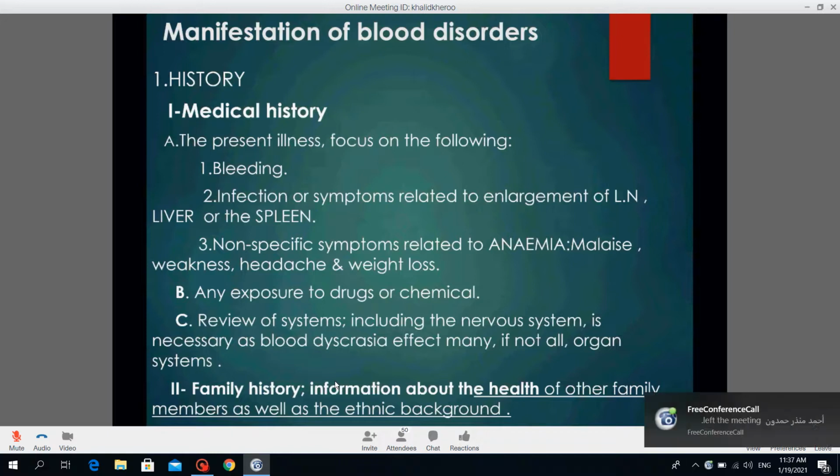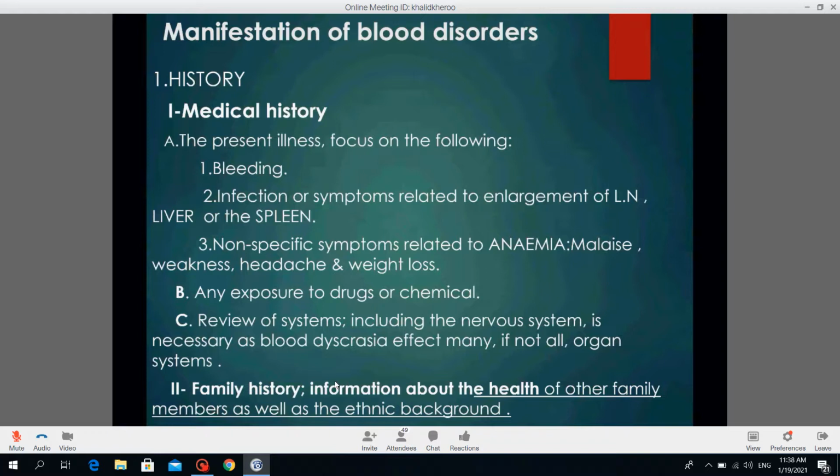This results in what is called subacute combined degeneration of the cord. So the nervous system, along with other systems, should be covered in the review of systems when you evaluate a patient presented with blood disorders. Family history. Here, information about the health of other family members is important, because when other members of